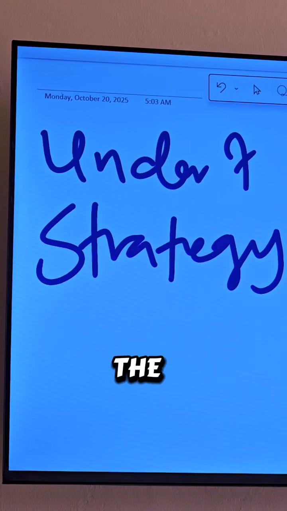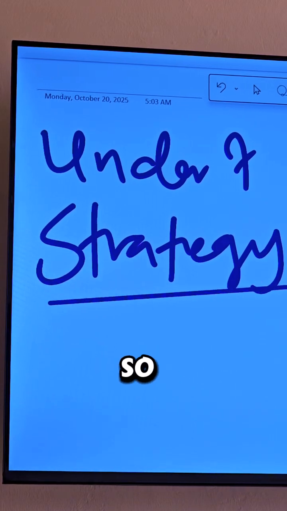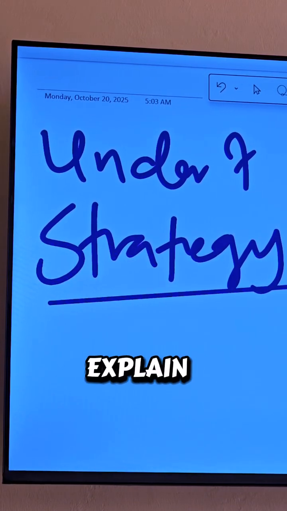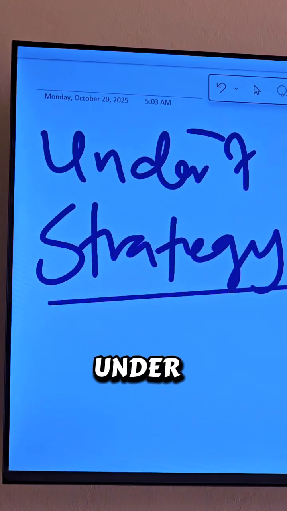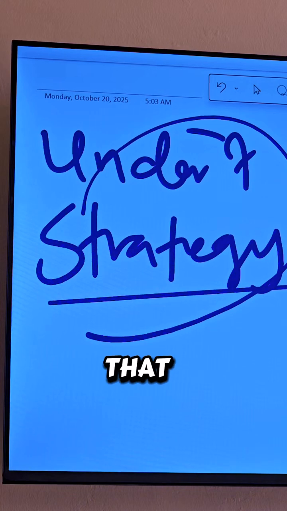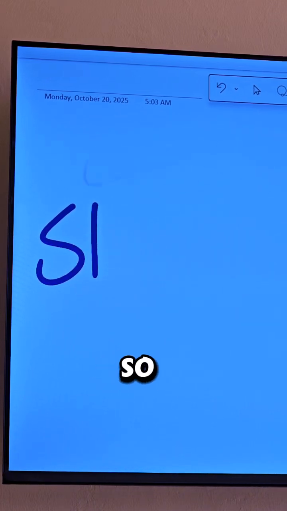So this is the strategy itself, okay? So I want to explain the conditions. So that is the under 7 strategy, as you can see on that title, okay? So I'm going to delete this just like that, okay? So we're going to